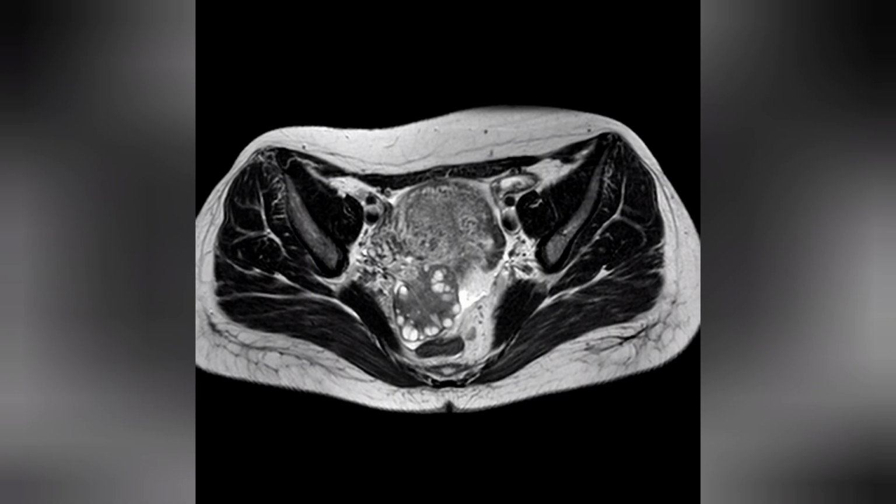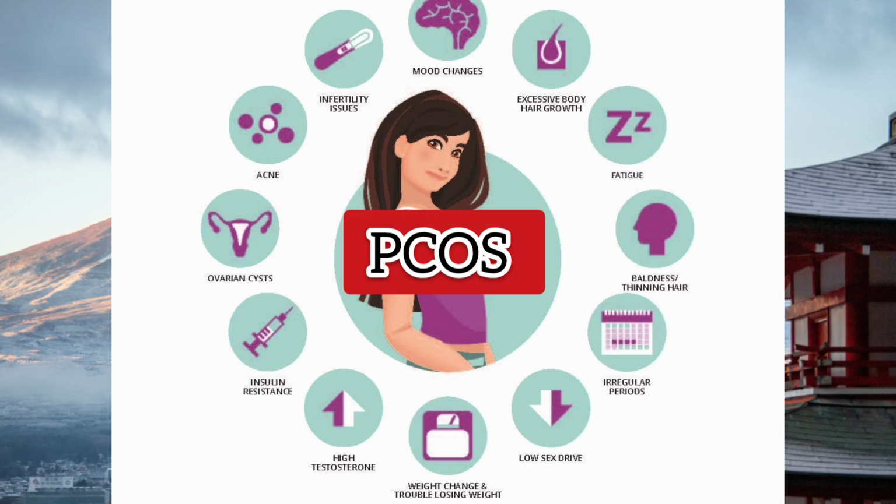On the MRI, the ovarian follicles are usually arranged at the periphery, and this will give low signal on the T1 weighted images and high signal on the T2 weighted images, and the follicles will be brighter than the stroma on the T2 weighted images. Usually, the imaging is sufficient for the diagnosis, but with the clinical symptoms, we call this condition polycystic ovarian